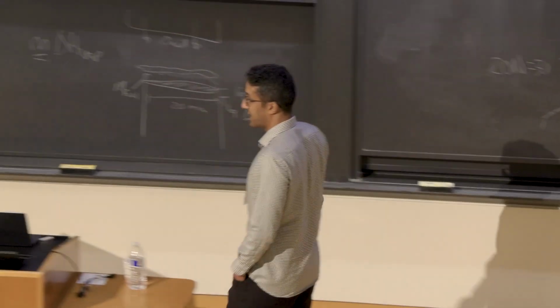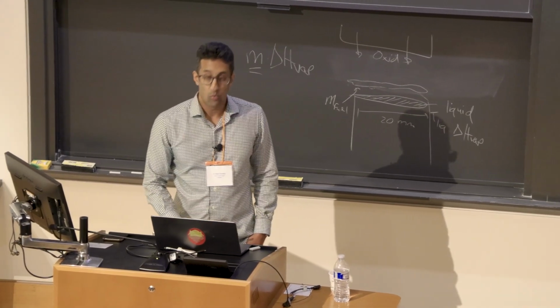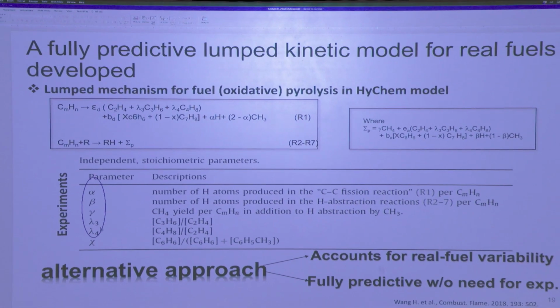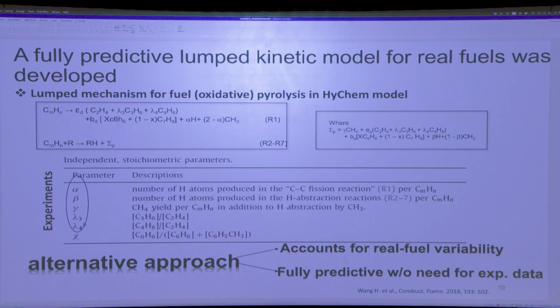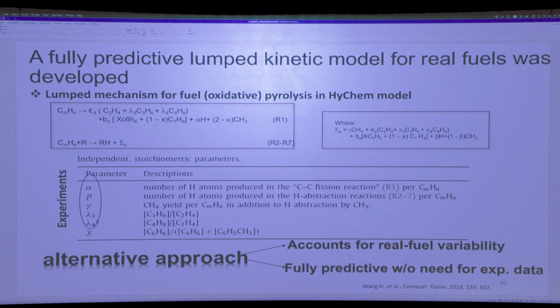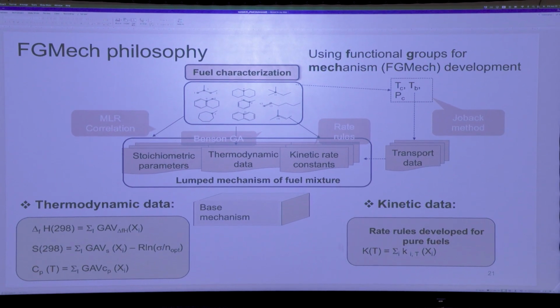So we thought, can we come up with an approach which builds the entire model without doing any experiments? And if you have any new fuel that comes about, can you build the model, let's say, automatically without worrying about it? And can you make it predictive in the sense that the model is developed without experiments on the actual fuel? And the approach we use is we come back to the functional groups. So we said, OK,